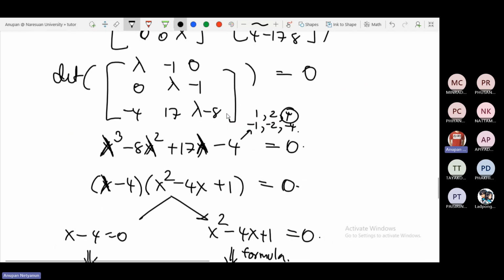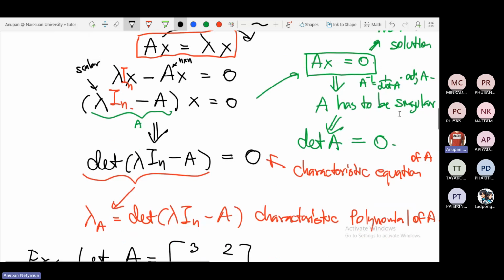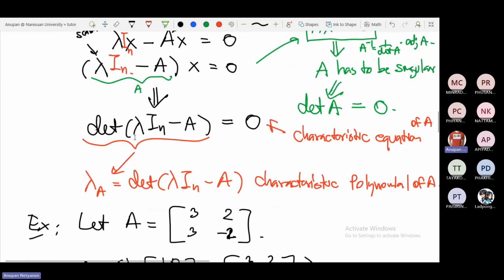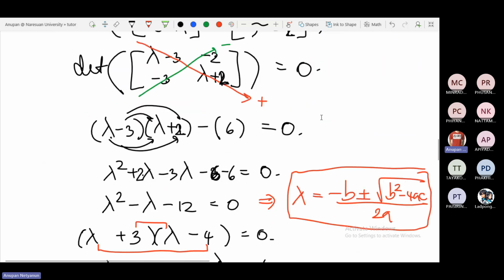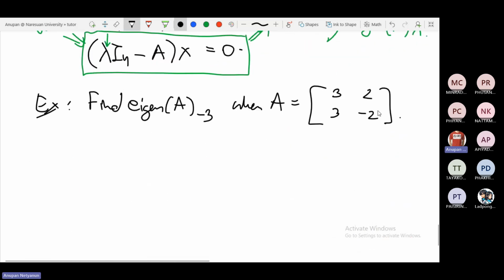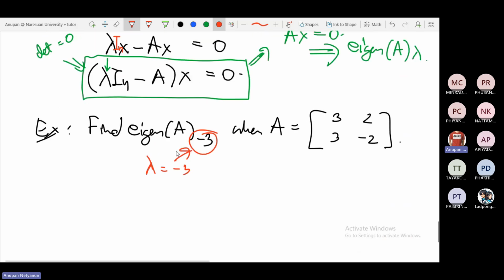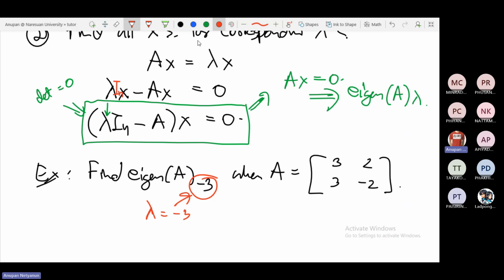we need to use this equation: determinant of lambda I minus A equals 0, and then you solve and you get the lambdas. So in this case lambda comes out as two values. But this time they do not ask us to find lambda. They specify that -3 is one of the lambdas and ask us to find all the eigenvectors associated with lambda equal to -3. So lambda is equal to -3. If you want to find all the eigenvectors, you need this equation, which is